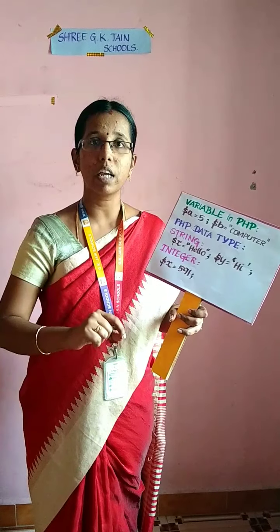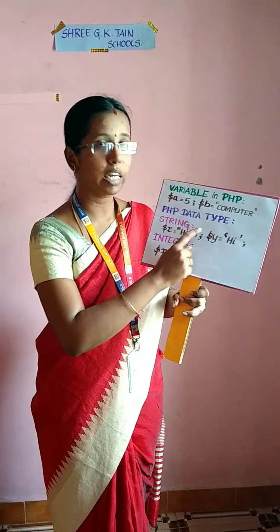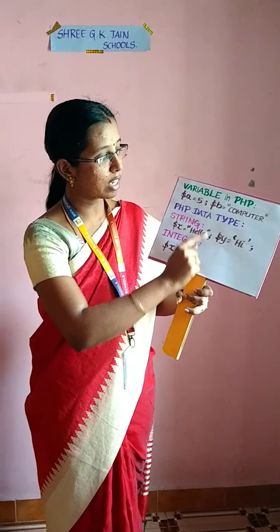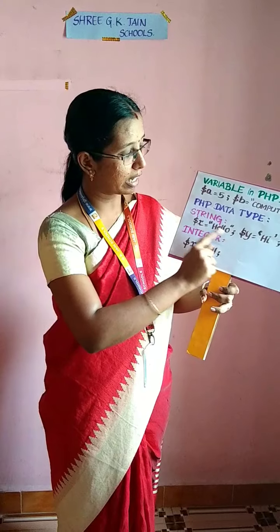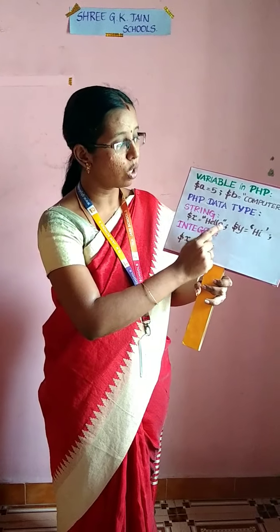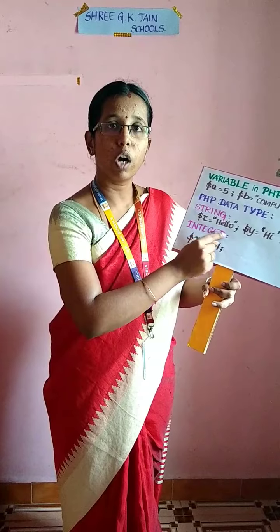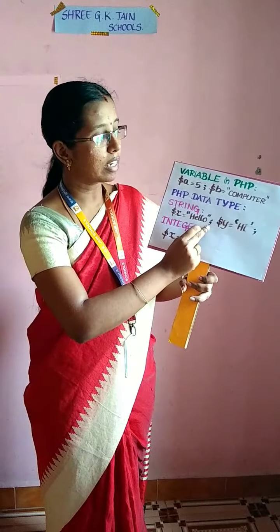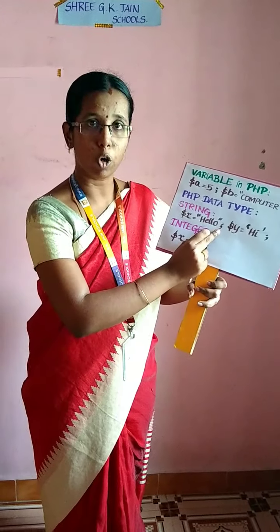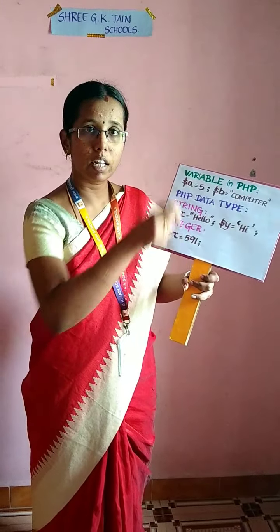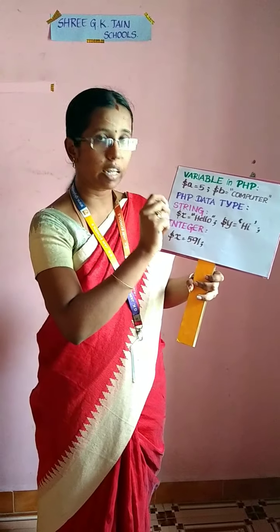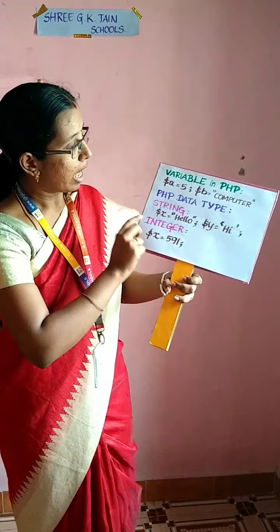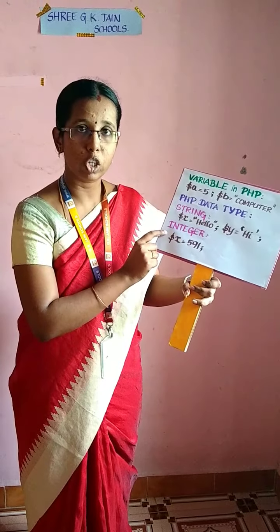Declaration of a string can be done by using either double quotes or single quotes. The declaration is the same way as I told you for variable declaration: $x = hello. Whatever value you are initializing will be assigned to the variable, and the statement will end with a semicolon. Each and every statement should be indicated with a semicolon, which determines the end of the statement.